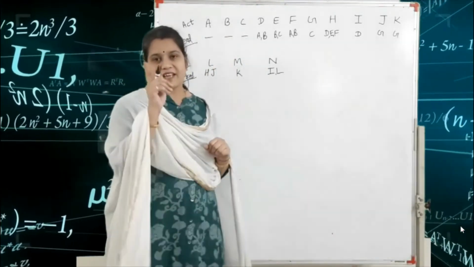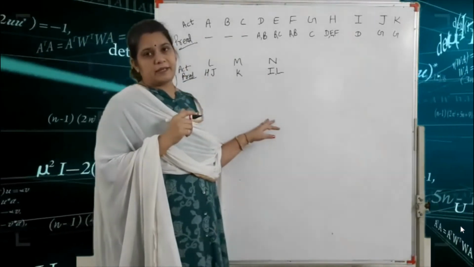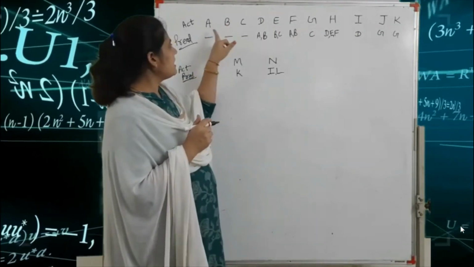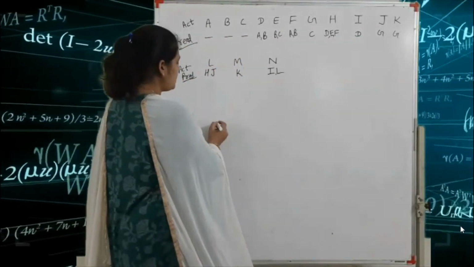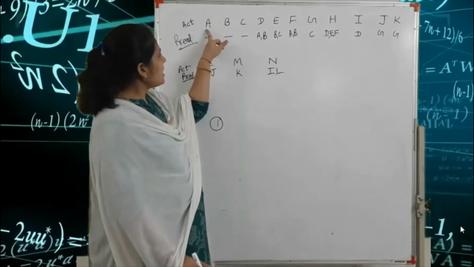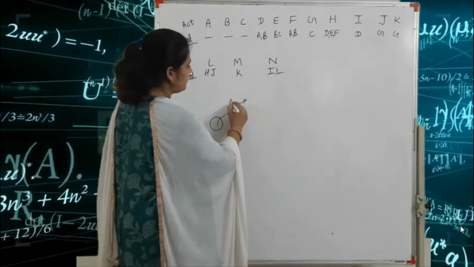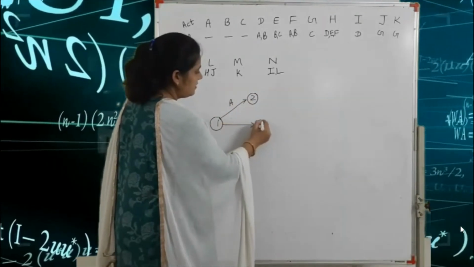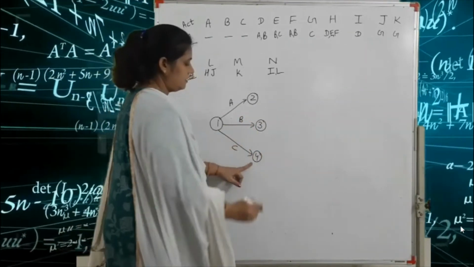First, we write node 1. Why do we use 1? Because of the numbering. According to numbering, we see that the A, B, and C activities start, but here the preceding activity is nothing. So first we start, and here we write 1. After that, A, B, and C activities start, so we write A activity here with node 2, B activity with node 3, and C with node 4.